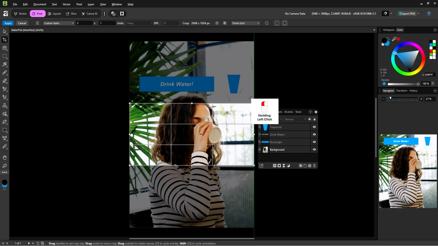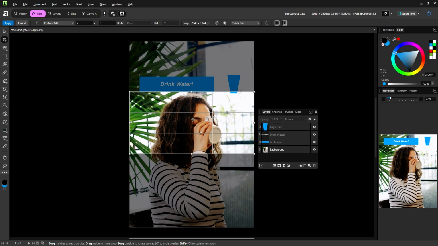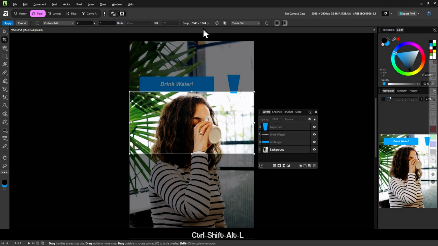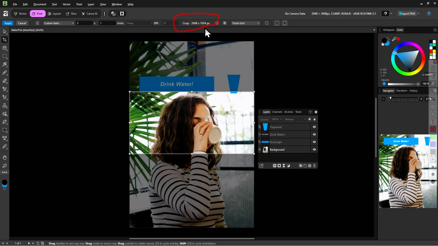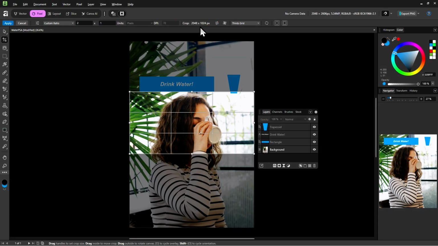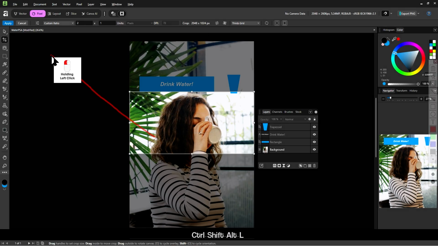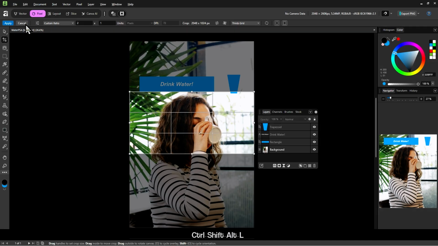And by the way, aside from dragging out one of the squares, you can drag the middle of the crop here and move it around manually like this. If you want the exact measurements, there is this information here about the crop. The crop will be 248 pixels by 124 pixels. We'll learn about pixels in a later video. Just know that it is a unit of measurement for images. Oh, and I probably don't want to use this crop since it only has her face. So I'll go ahead and click cancel instead of apply.